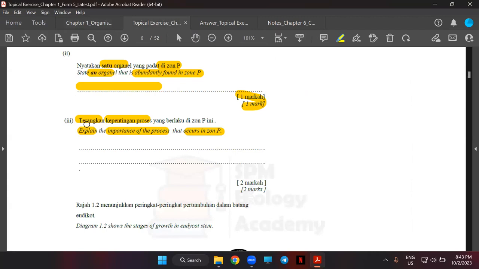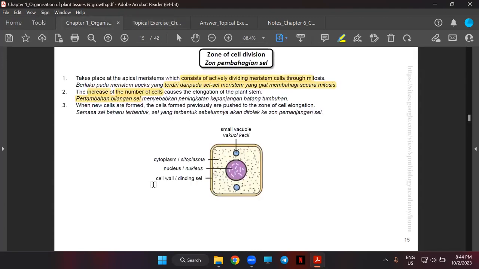Sekarang kamu explain, okay, apa berlaku bila bilangan sel bertambah? What happens when the number of cells increase? What happen? You tulis itu. Itu ialah explanation, terangkan. Apa berlaku bila bilangan sel bertambah? So, markah kedua kita ialah